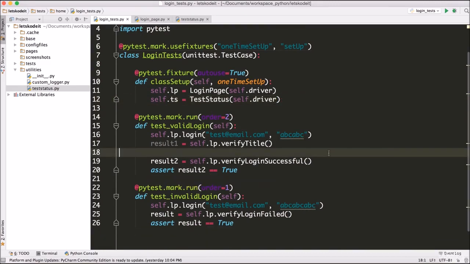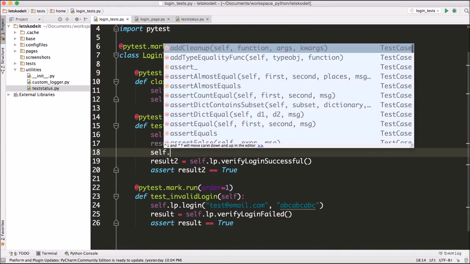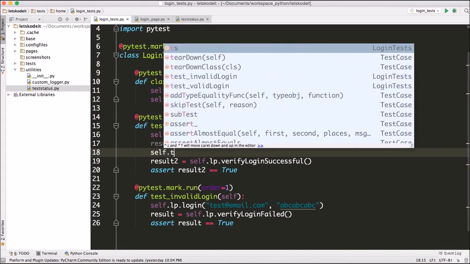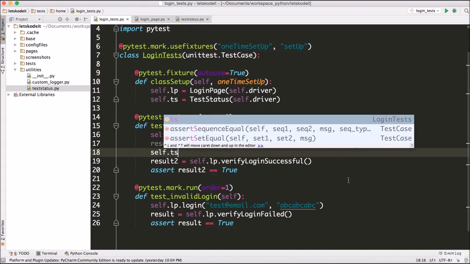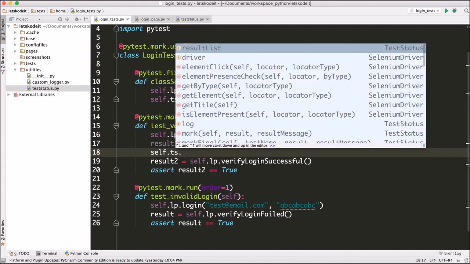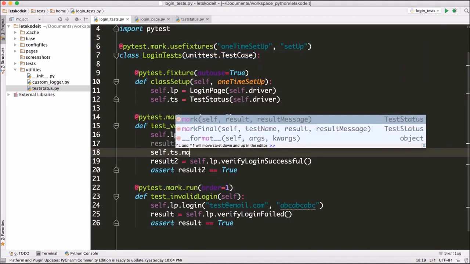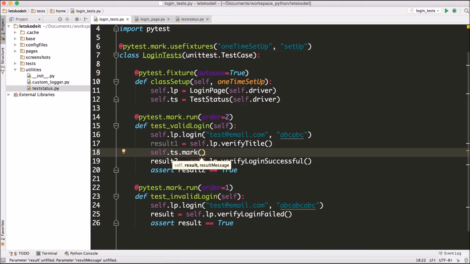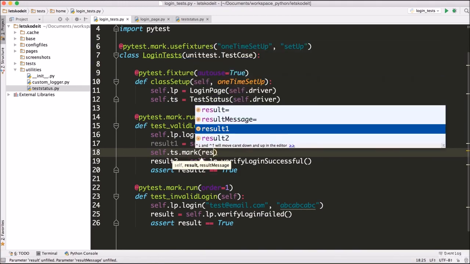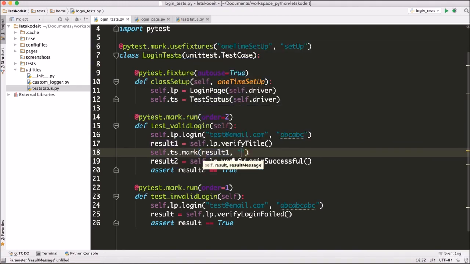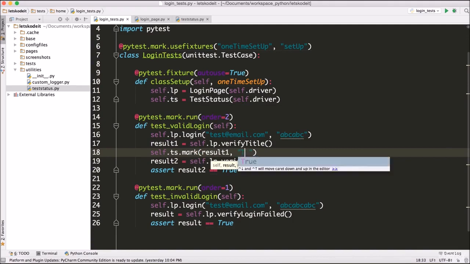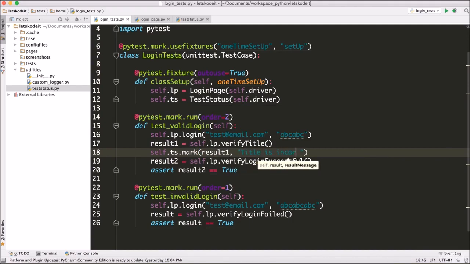Now I can just say right here self.ts.mark. In the first mark, I'm just gonna say result 1, and the result message maybe "title is incorrect,"